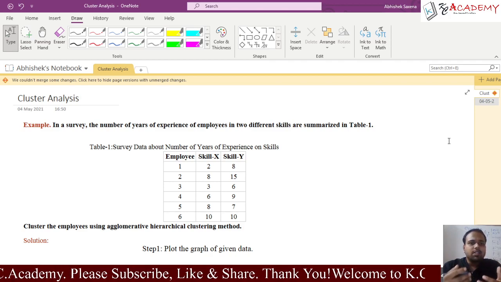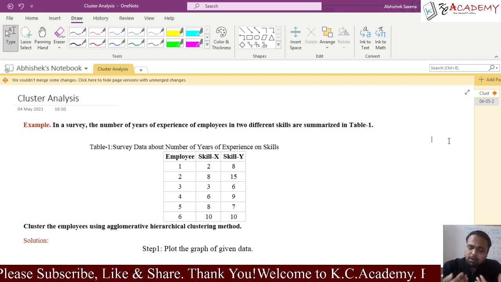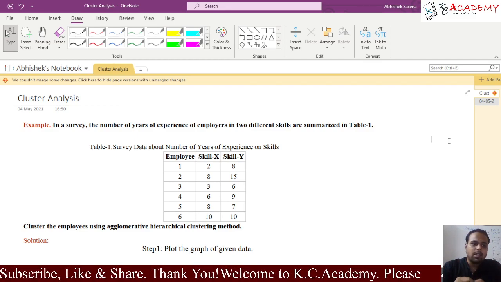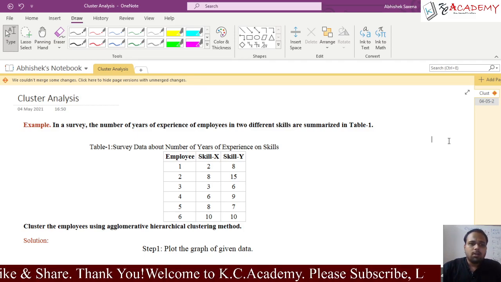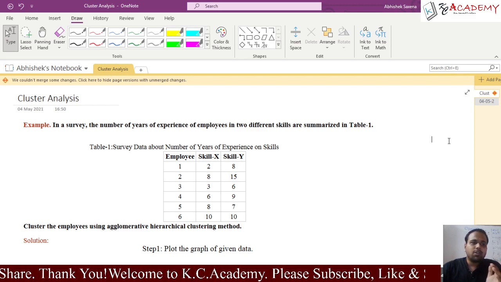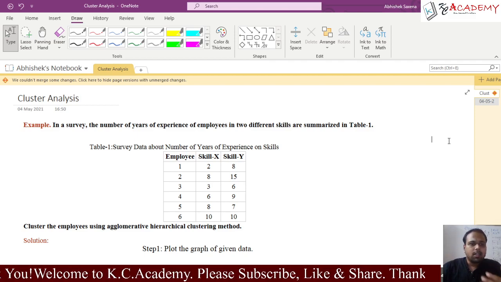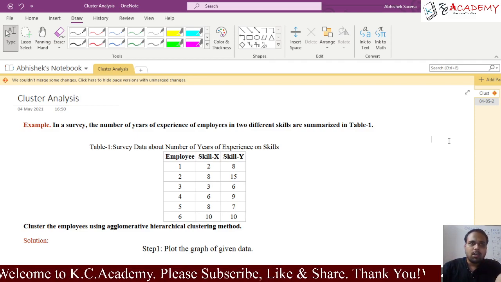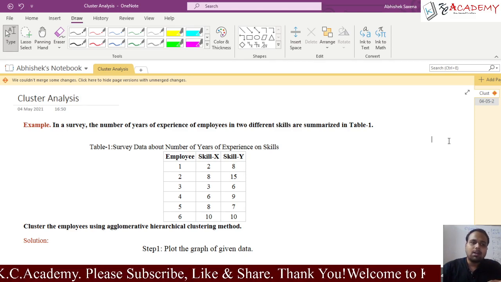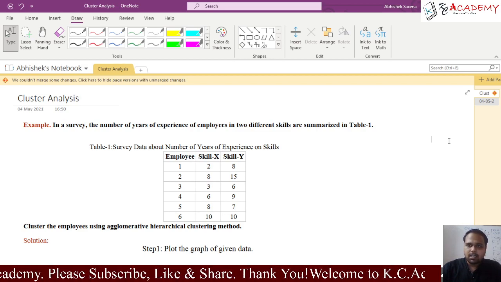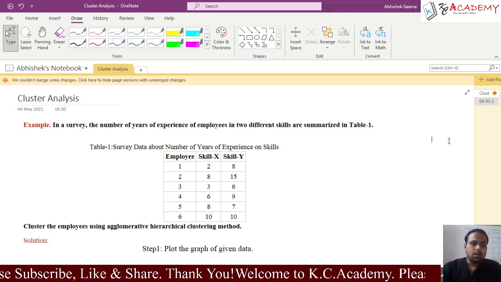Once again, cluster analysis is a very big portion and contains a lot of different methods or techniques to handle the data, but we are seeing one method in this video with an example. Today I will be explaining cluster analysis using one method. There are more different methods. For that, I will try to make another video in which I will include all the details of different methods of cluster analysis, but for today we'll talk about cluster analysis using one particular method.